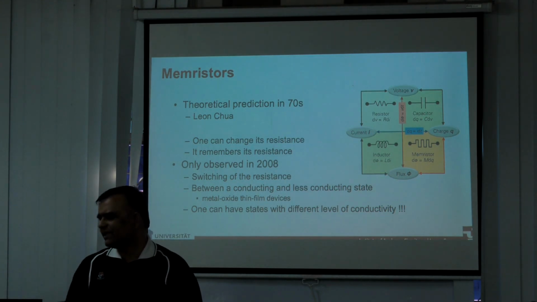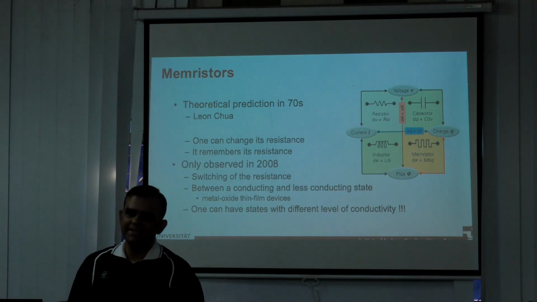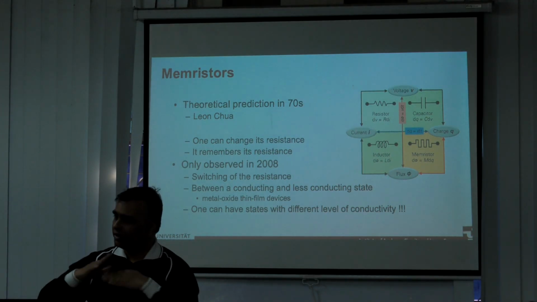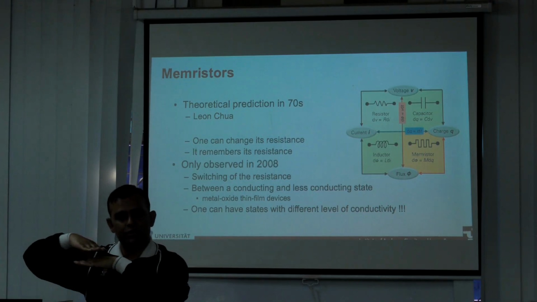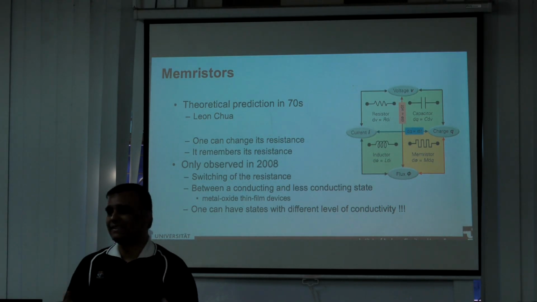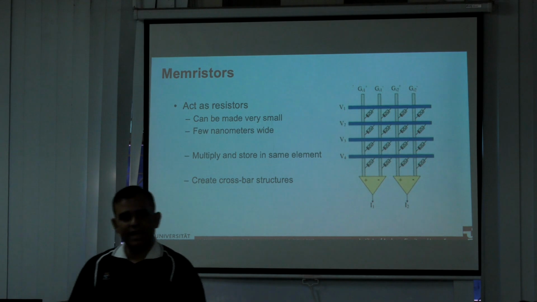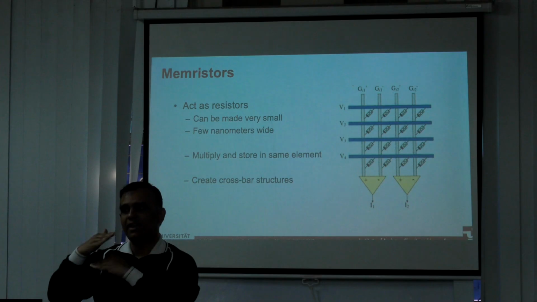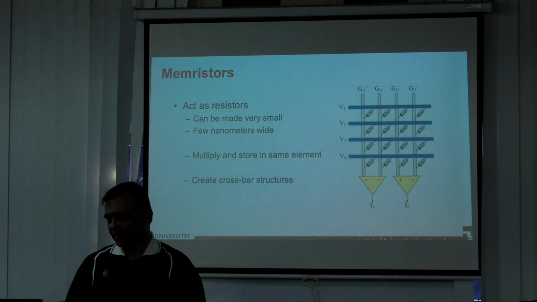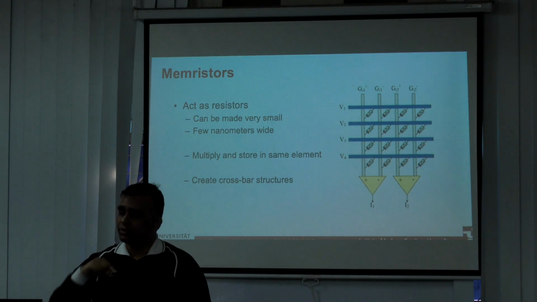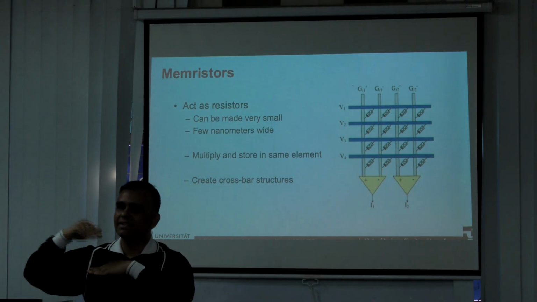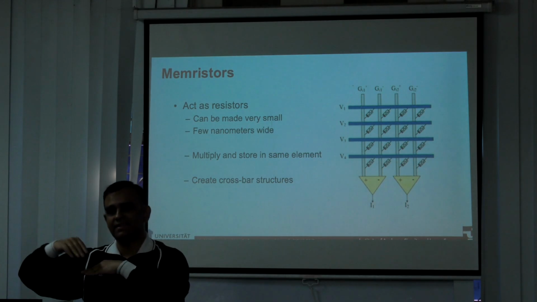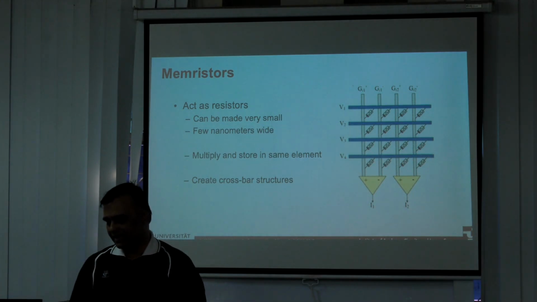Now the reason why this device is interesting is that it is a resistance when I am not applying a high voltage of 1 or 2 volt. If I am applying 0.5 volt, it is a resistance, which means it's a multiplier. The other thing is, I can change its resistance value. When I am programming it, I can apply a high voltage and shift its resistance. People have also tried pulses and giving many resistance values rather than just a low resistance and a high resistance. You can have multiple resistance states in between,